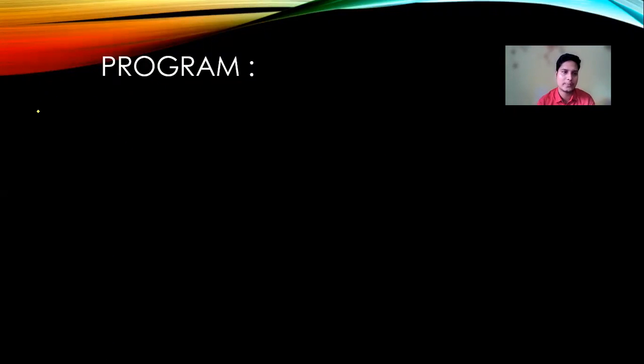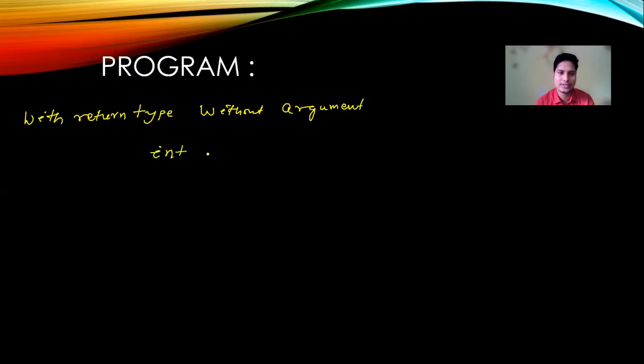So here my form is with the return type, without argument or parameters. It means the declaration syntax of the function can be like this: int, suppose add.